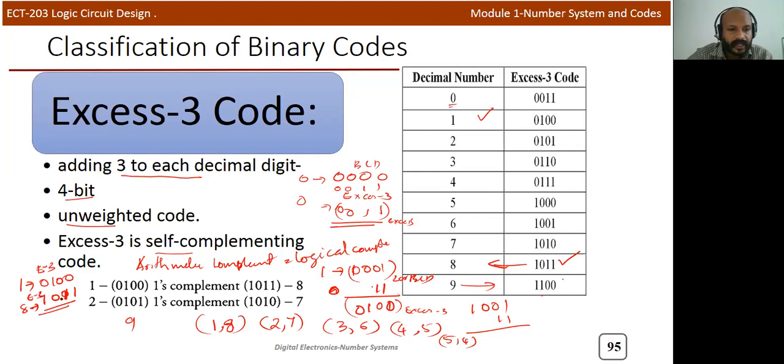So here you can see that if you take the logical complement, we are getting the arithmetic complement, which represents 1 and 8. So 1 and 8 are the arithmetic complements. That's why it's known as a self-complementing code.